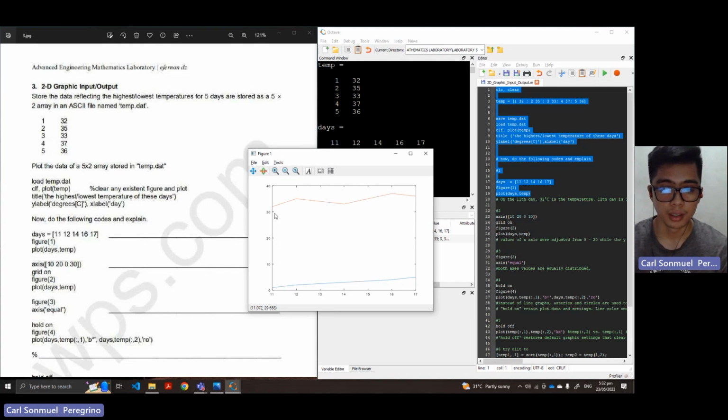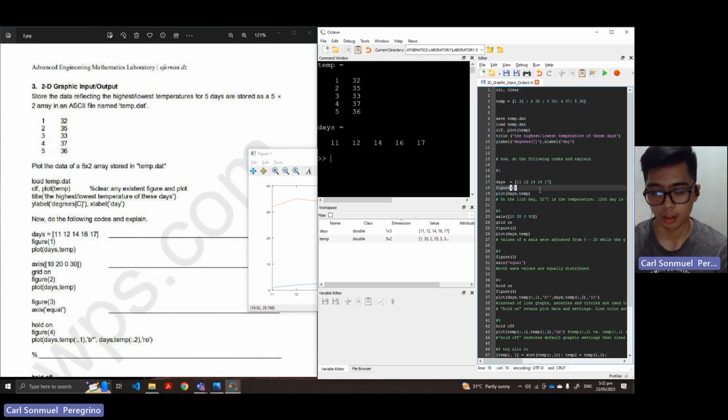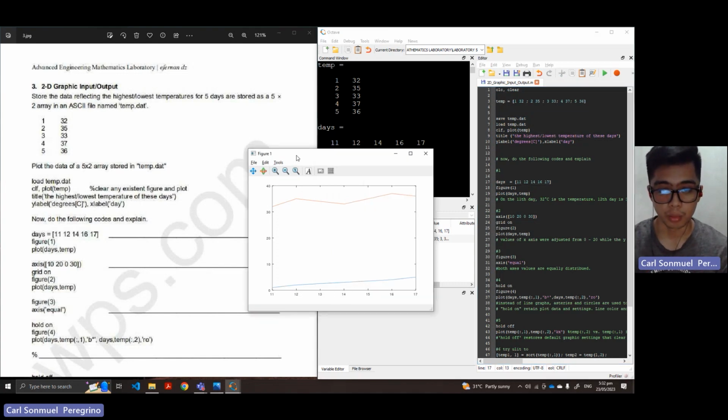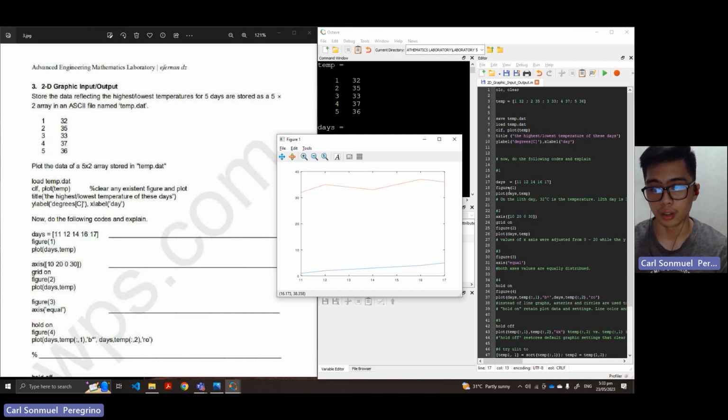And then same values from the previous temperature since based on the manual it doesn't give the temperature, so it will basically be overwritten here in this command. So here's the plot, and then